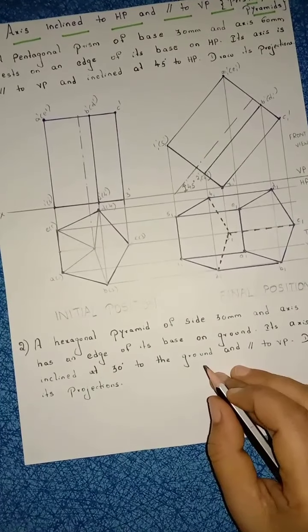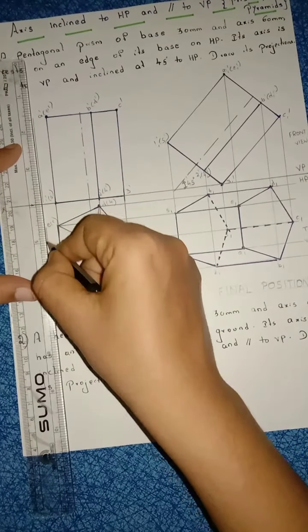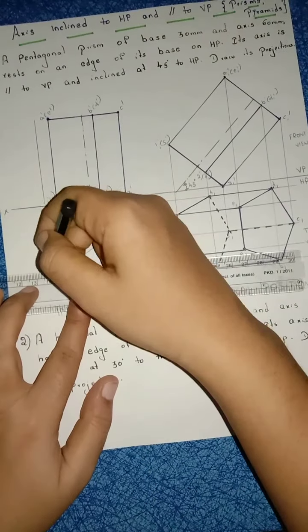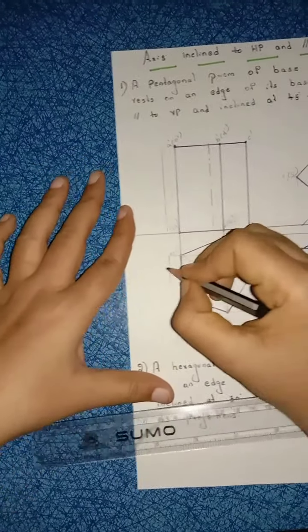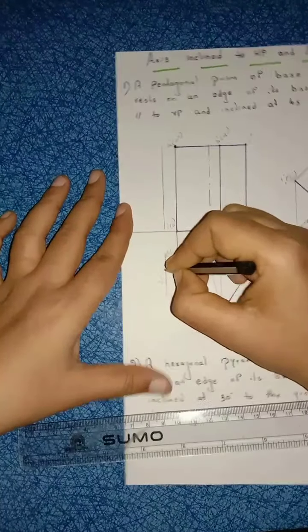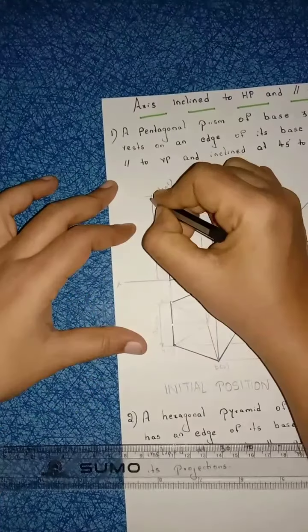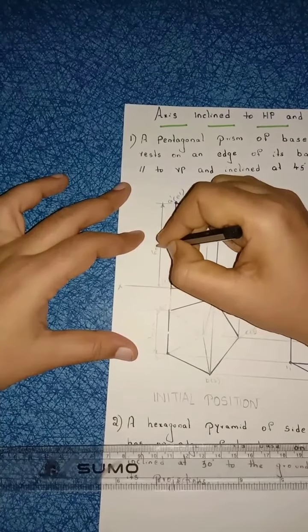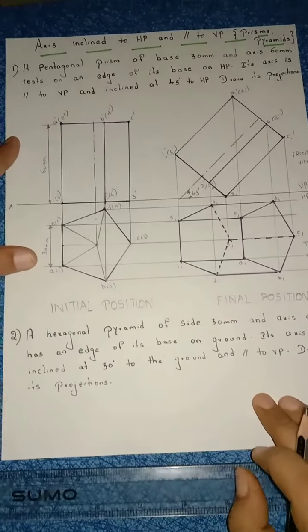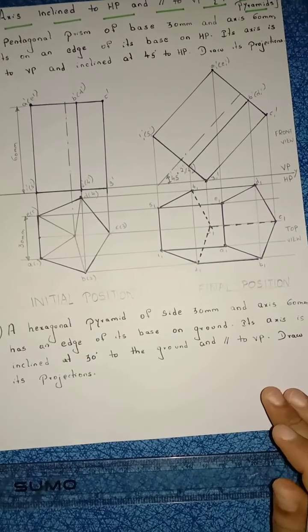Right, so in this question they mentioned length of the pentagon and axis height. So axis height is 60 and length of the pentagon is 30 mm. So mark the dimensions properly. Length of the pentagon is 30 mm. Right, draw the extension line here. This is 60 mm. They mention the angle also, so axis 45 degrees. This is your problem number 1. Right, let us see next question.